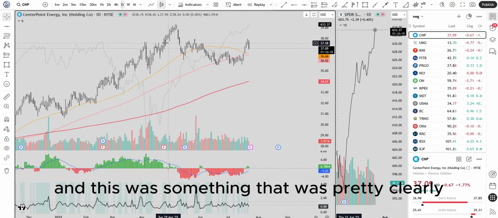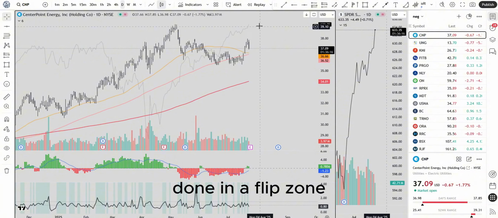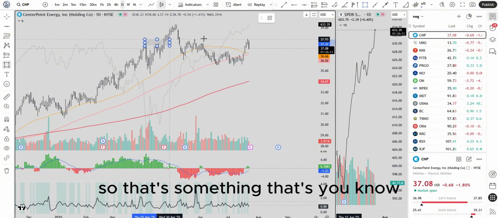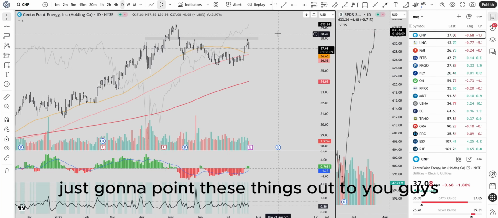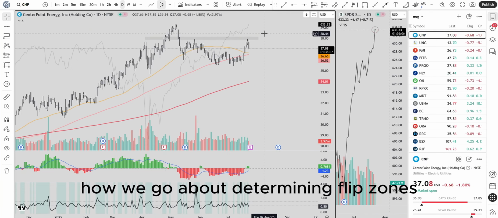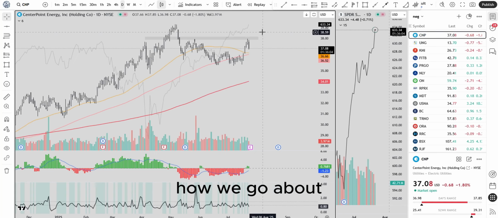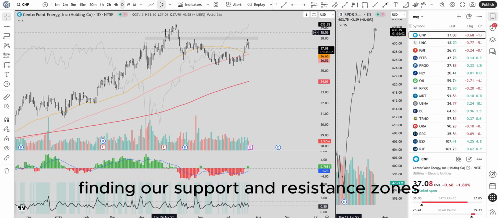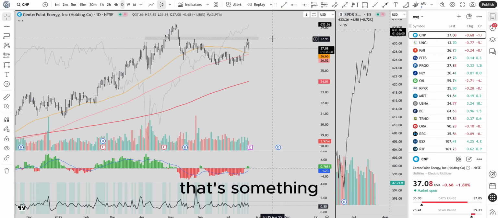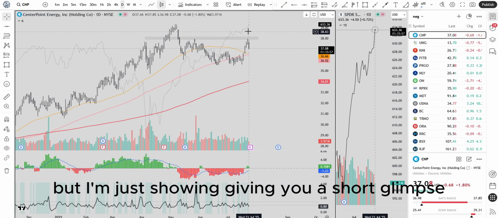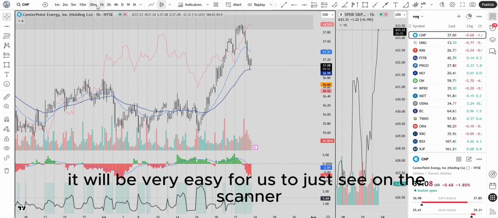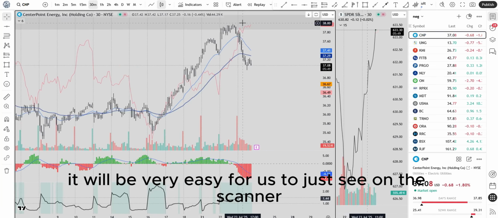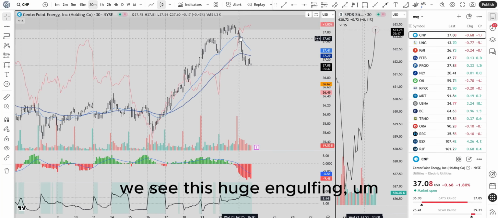And this was something that was pretty clearly done in a flip zone. I'm just gonna point these things out to you guys. How we go about determining flip zones, how we go about finding our support and resistance zones, that's something we're going to discuss in a separate video. But I'm just giving you a short glimpse of the things we'll be looking at, for example, on an intraday level. Here, it will be very easy for us to see on the scanner